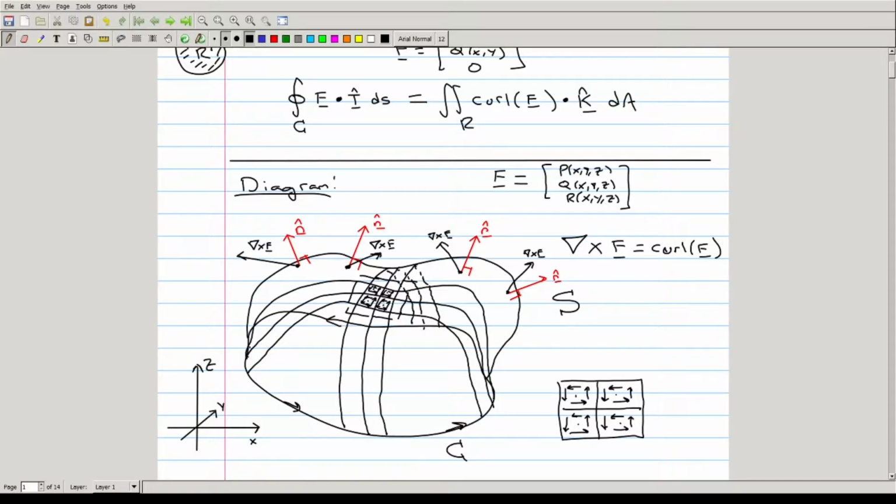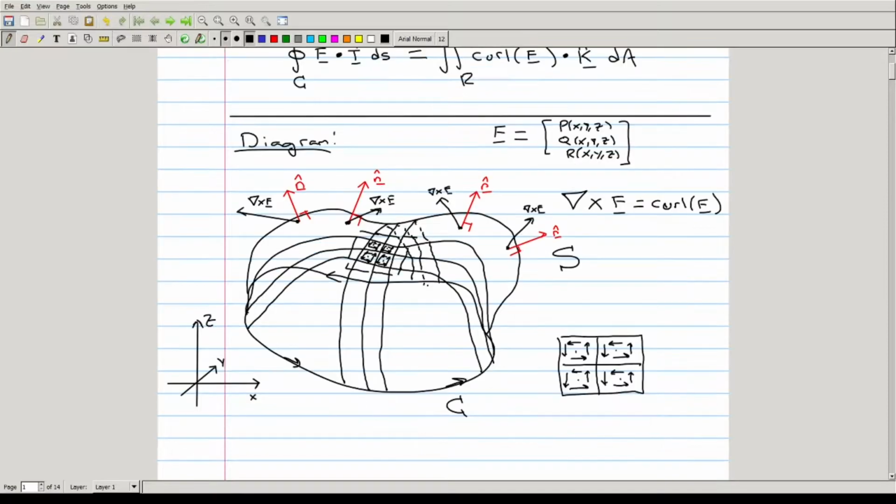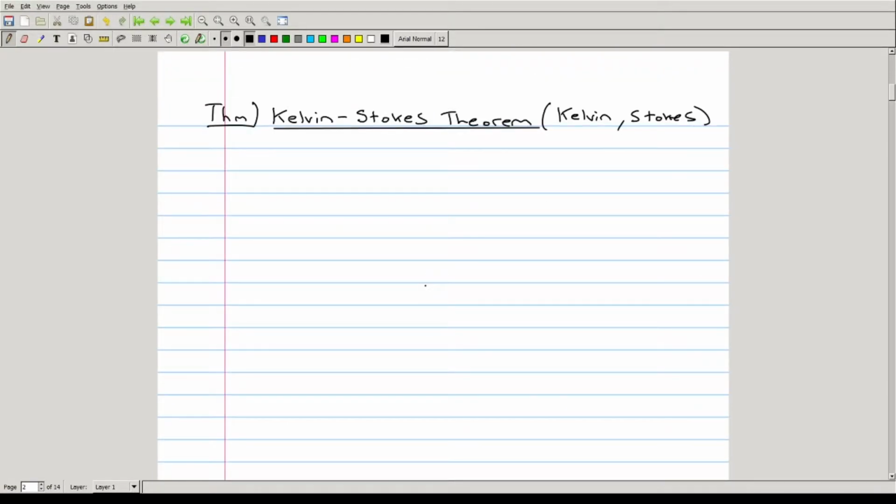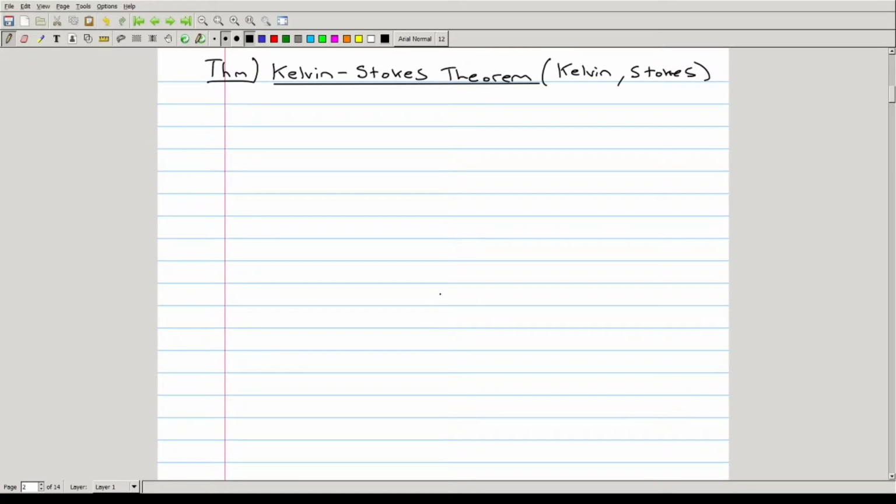So this is exactly what we're going to see when we do out the improved Stokes theorem, or the Kelvin-Stokes theorem. So we need a couple different basic baseline assumptions in order for the proof to go smoothly and work out nicely, and they're reasonable assumptions. So the first assumption is